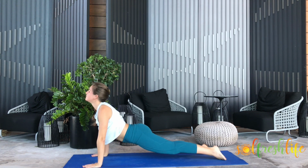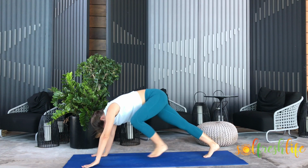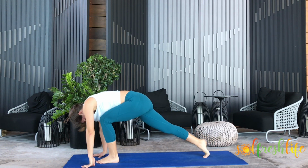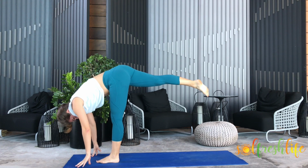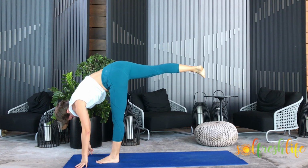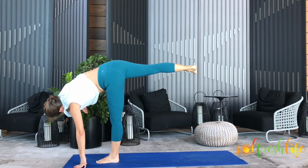upward dog or baby cobra, tucking the toes, downward dog. Left leg comes in between the hands. Raise to your standing split. Find your balance here, balancing into the left arm, and maybe you open up into a half moon on this